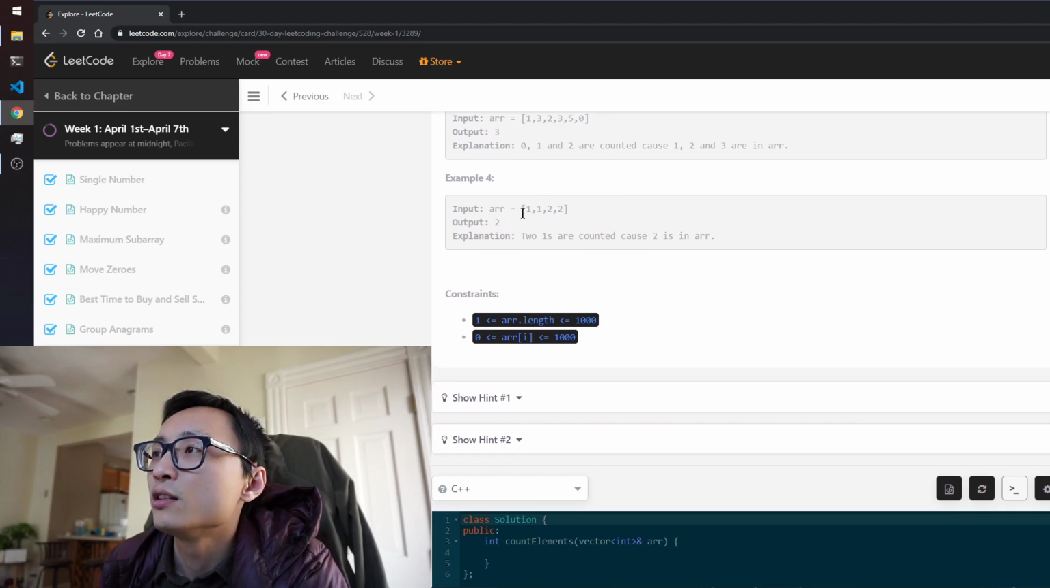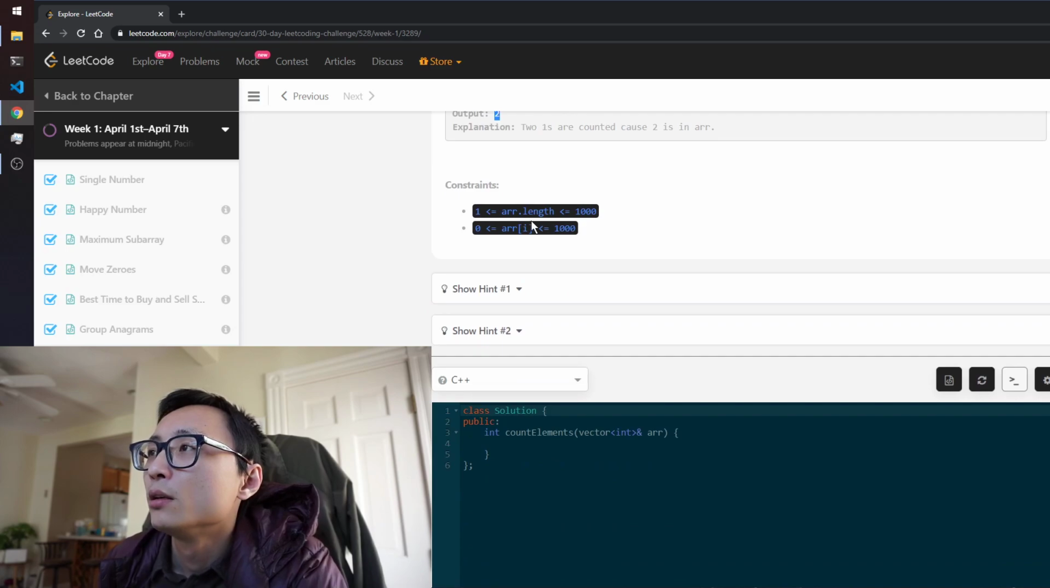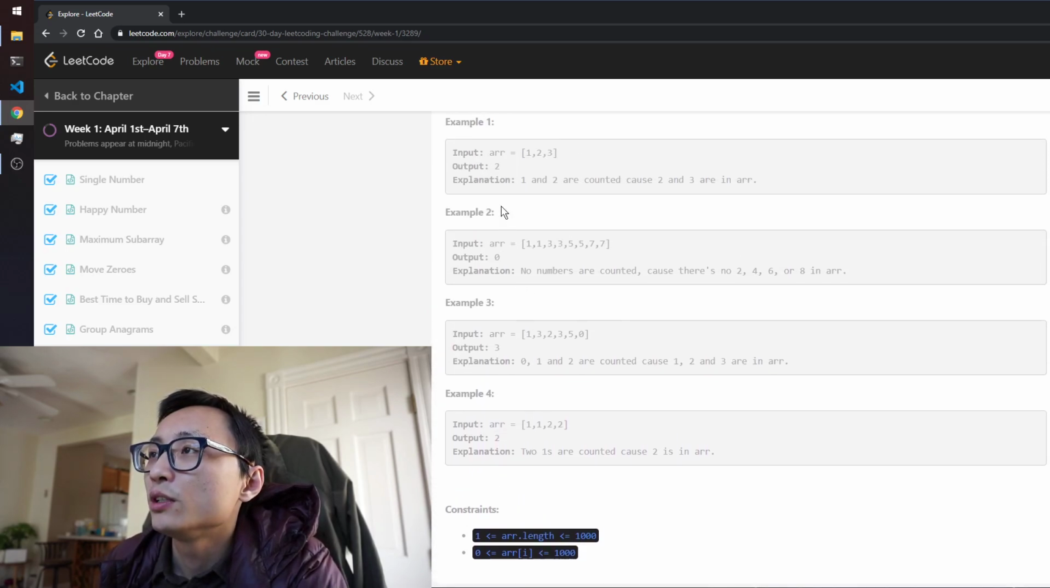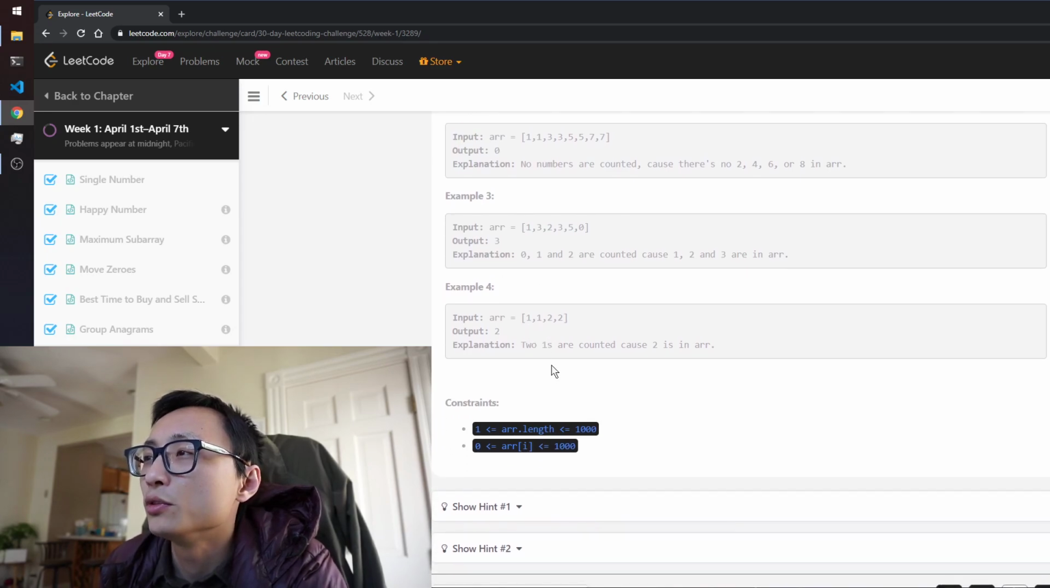As for the very last example, we have 1, 1, 2, 2, so we add the number of times that 1 appeared, which is 2 here. So just based on how I read through the examples, we know that